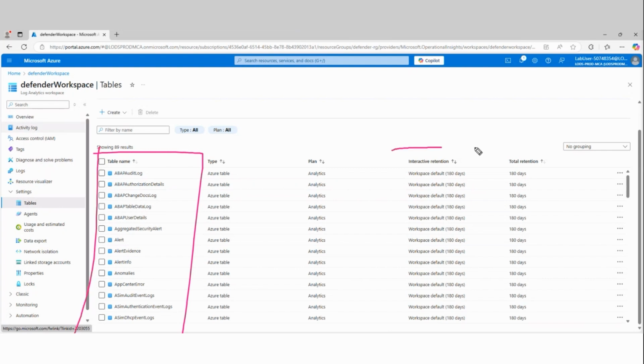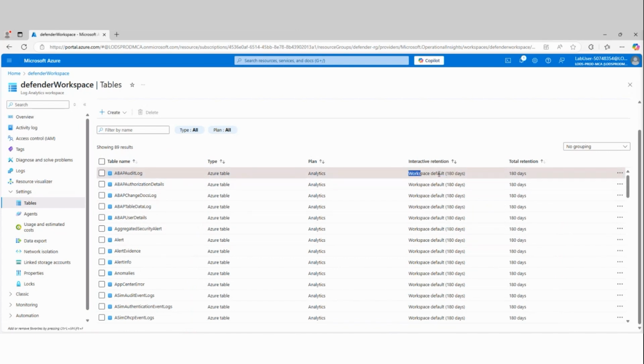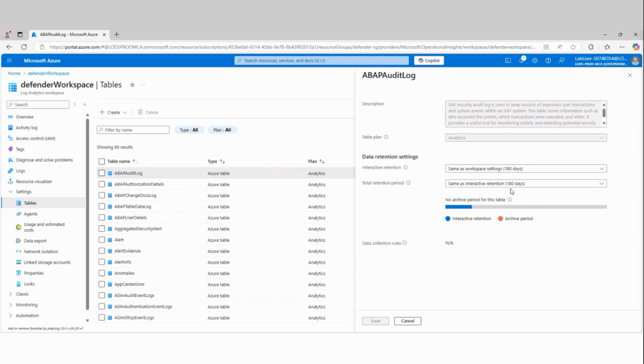And on the right, for each table, you can configure a custom setting. Initially, I set it for 180 days. That is the default period that every table will have, my total retention. But for each table, I can go in, manage the table, and change those settings.